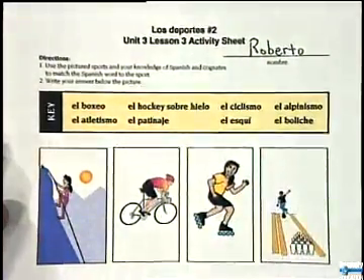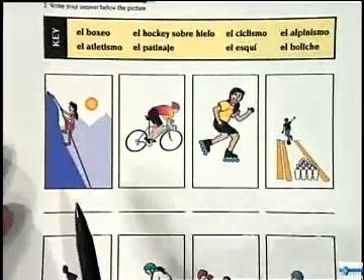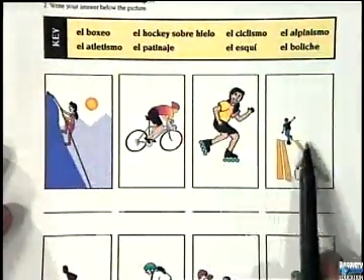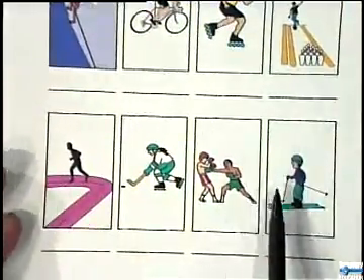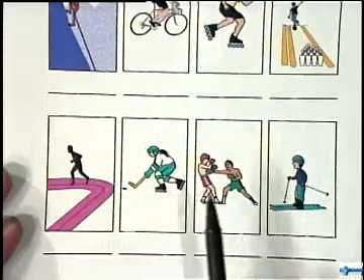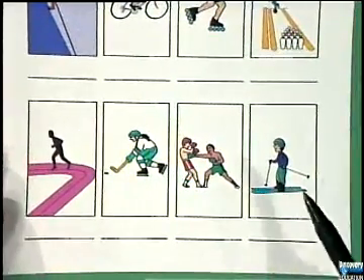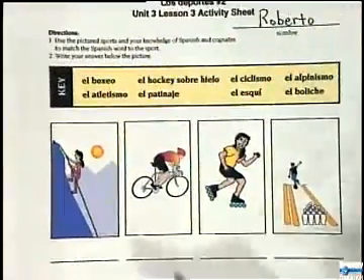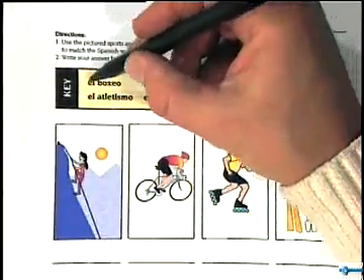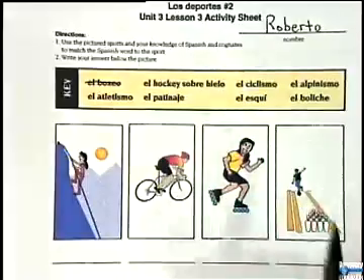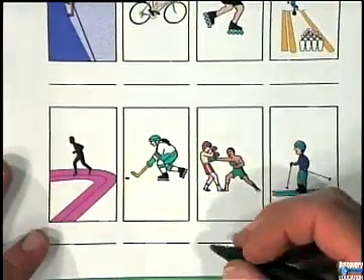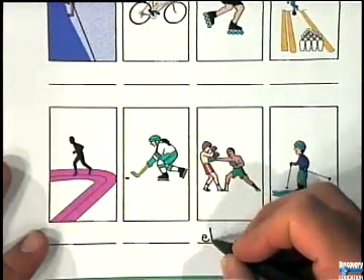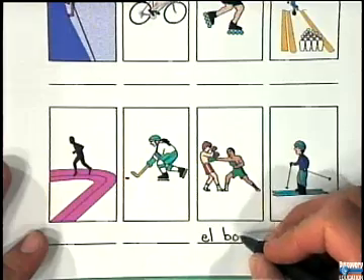Okay. You can do this any way you'd like. You can either say, okay, I'm going to start with this one and then go to this one. Or you can look around and say, oh, well, I know that some of these are pretty easy because I recognize them. For example, this one is, let's look up here. Oh, it's a cognate. El boxeo. So you can write that one down there. El boxeo.